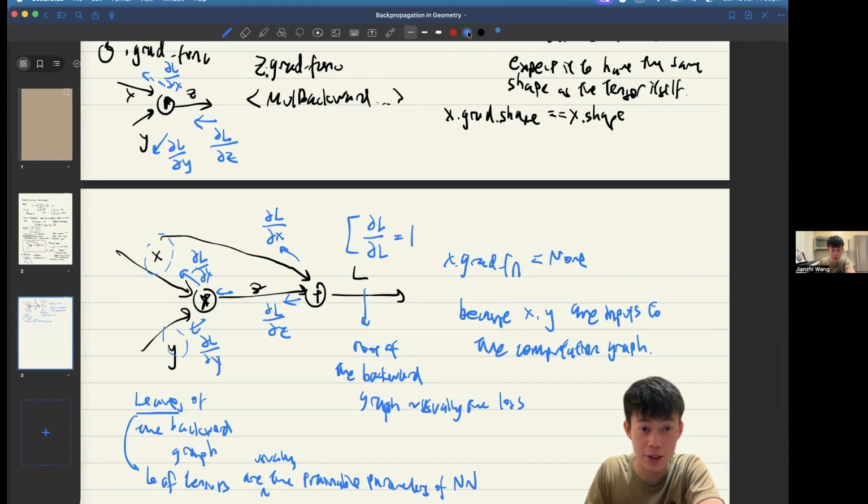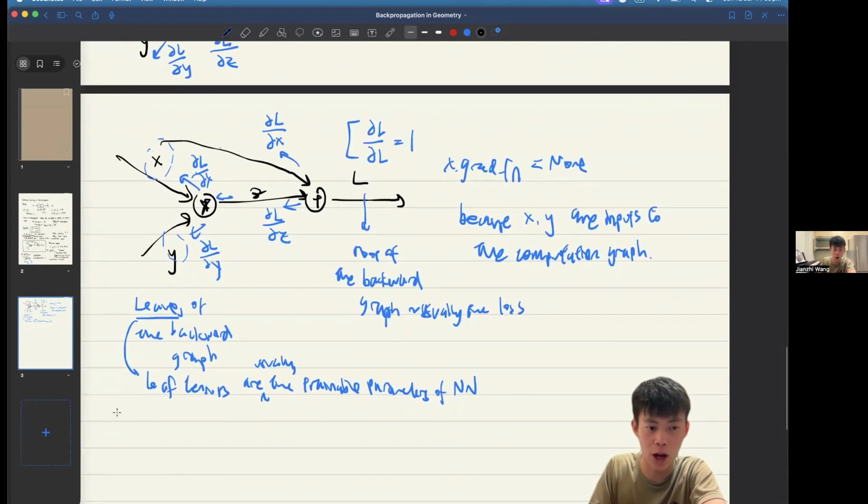And notice there's an interesting bit, which is that there are two edges feeding into X. From our courses in calculus, we know that these two should be summed together. The reason is because we want to update X, so we care about the total derivative of the loss with respect to X. To get the total derivative, we sum up the contributions of X to the loss. X contributes as an input to this multiplication node, and it also contributes as an input to this addition node. What PyTorch does is that for a leaf tensor,